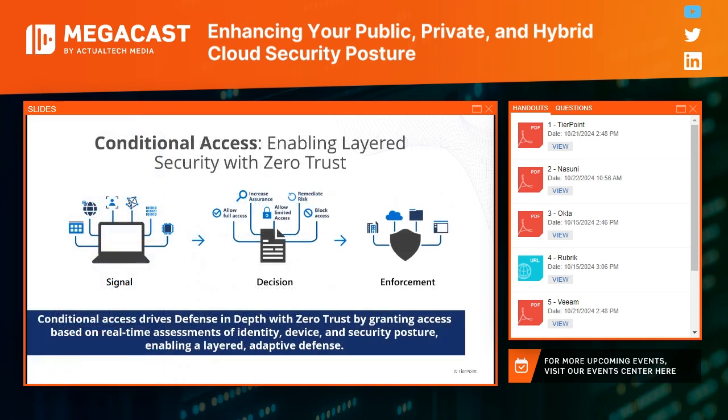One way we can enable layered and adaptive defense and security with Zero Trust is by using conditional access. Granting access based on real-time assessments of identities, devices, and security posture. Conditional access gathers signals from the different identities and enforces security policies by applying security measures based on things like